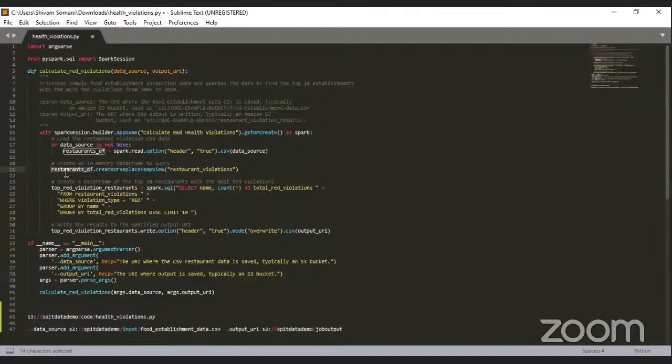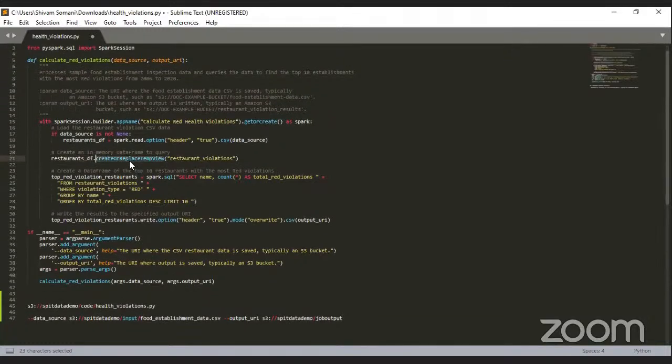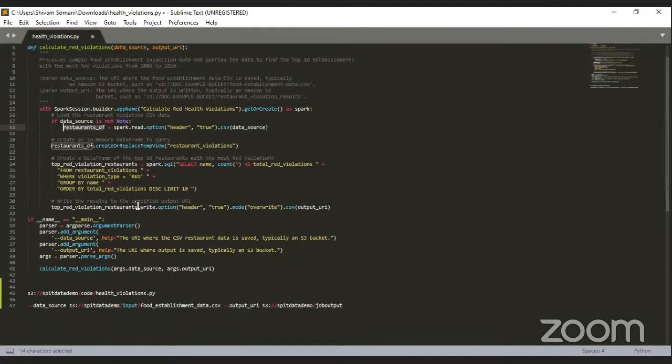So yeah, this data frame will be created with the read, and then I'm just creating a temp view with this data frame. And on the temp views, we can do Spark SQL. As I told you, there is a Spark SQL library. You can just use spark.sql and write your query in that, and you can perform that query on the data frame that we just created, right?